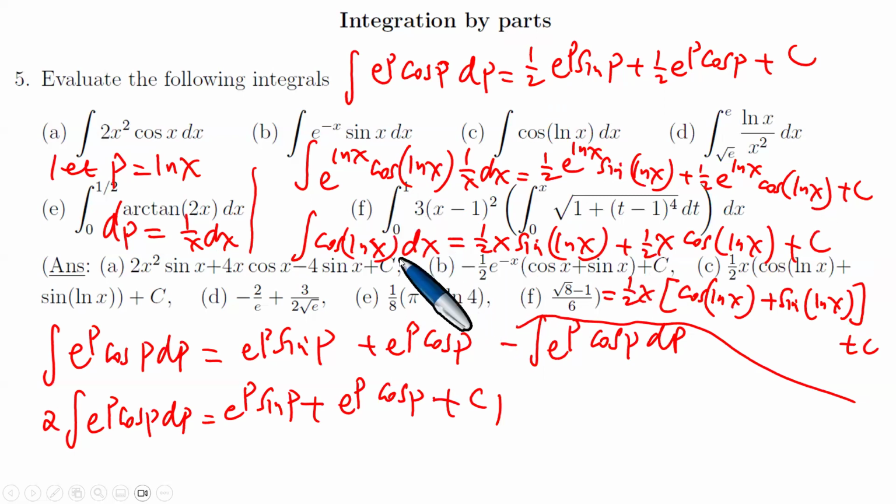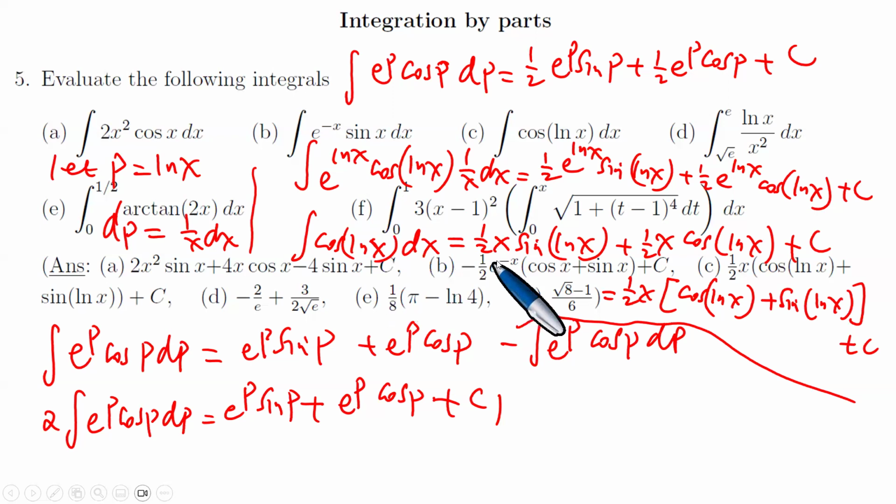So that now, in this case, therefore, you get this. Okay, because in the place of the p, you put ln x, because p was ln x. And also in the place of the angle of the p, you put ln x. And then now dp out of this becomes 1 over x dx. So that now this e to the ln x becomes exactly x, and the x cancels, giving us the cosine